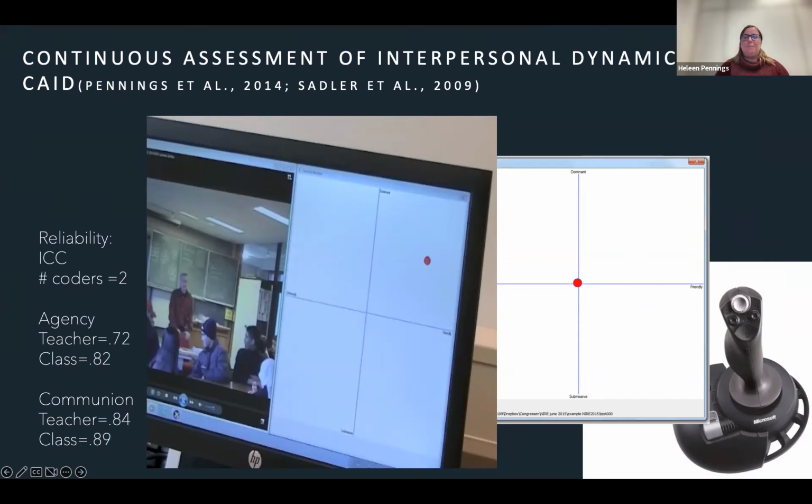So after we finished this coding, we converted these scores, as there are coordinates coming out of these data, to the octant score so that we could analyze them in state space grids. We did this using a vector-based method. There's a lot of research about this, so I'm not going to go deeper into this, but it's a really nice method to calculate the angular position of the behaviors in this circle.